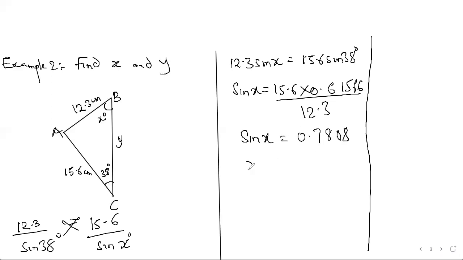0.7808. So x will be sine inverse of 0.7808. So x will be sine inverse of that. So x will be 51.34 degrees. So that's x. Now I know that angle x, so I can find y